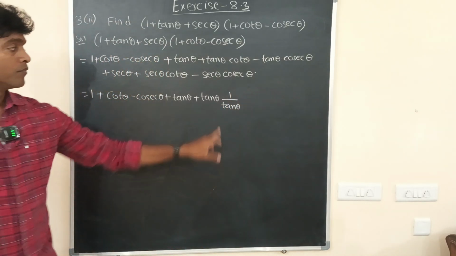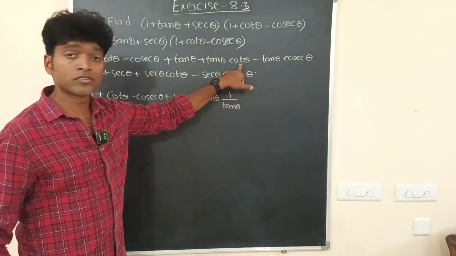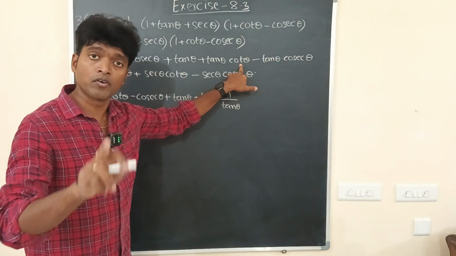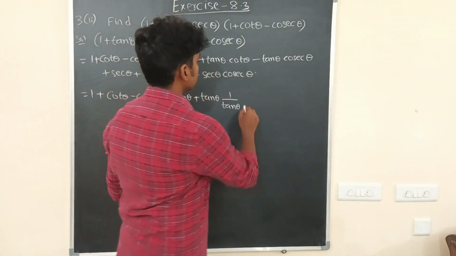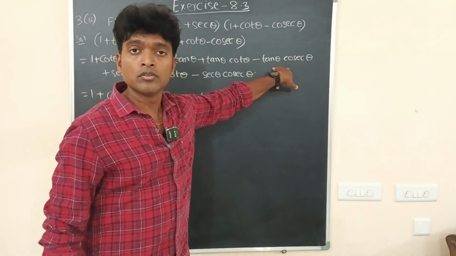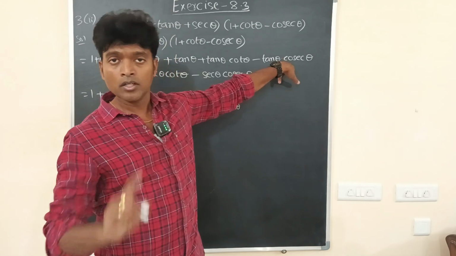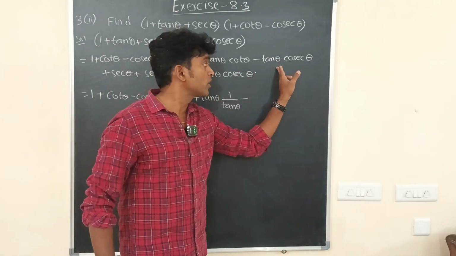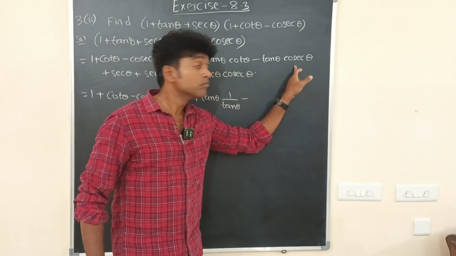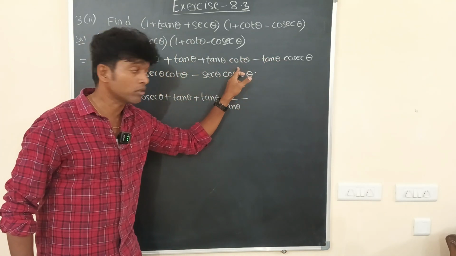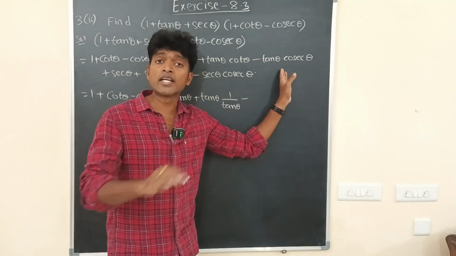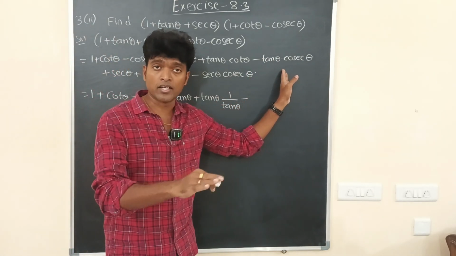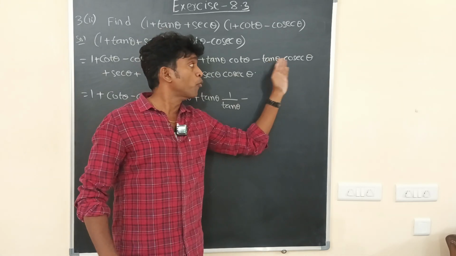Understood now? Cot theta is equal to 1 by tan theta, that is the basic of trigonometry we have to remember. So 1 by tan theta. Now minus this also, two terms are there. Here there is no relationship between tan and cosecant, while between tan and cot we have a relationship. So we have to write both these things